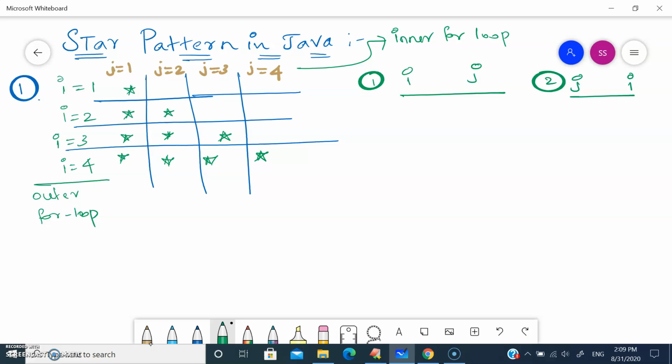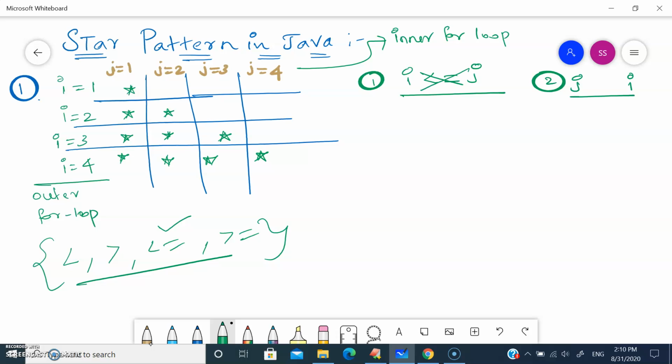So let's check in which condition your stars are getting printed. You have to check whether it is lesser than, greater than, lesser than or equal to, or greater than or equal to. Any one of these conditions is going to satisfy to print this pattern. So let's check with I lesser than or equal to J. I is 1. 1 is less than or equal to 1, it's printing star. 1 is less than or equal to 2, yes, here also the condition is satisfied. But in that case, we don't want to print star. So lesser than or equal to will not work.